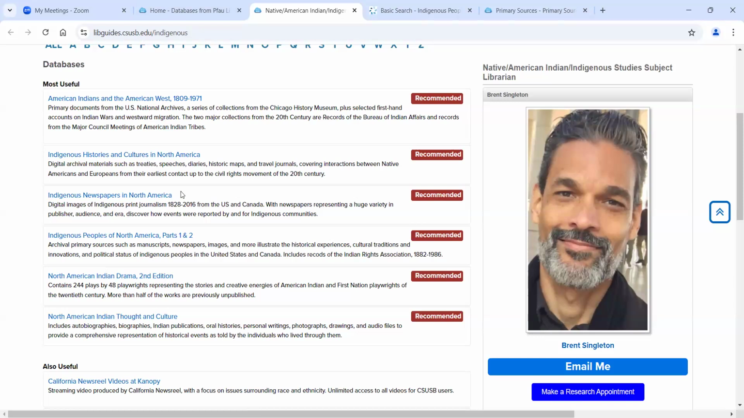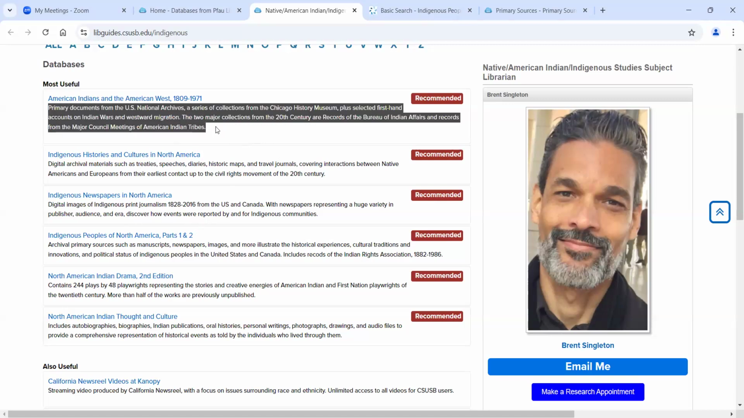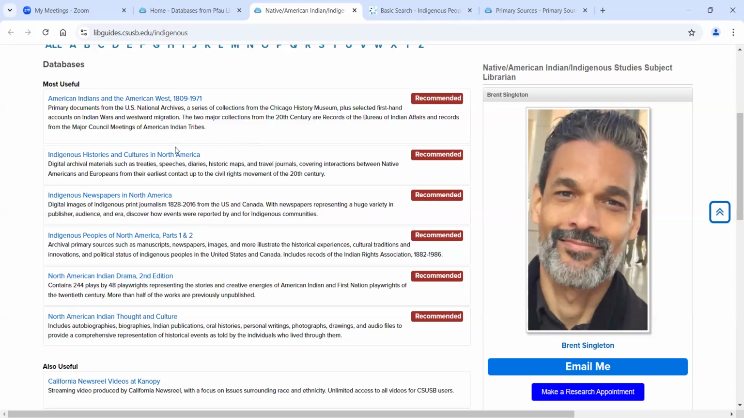They all have different content, right? So one streaming service might have a movie and another one doesn't. Same thing here. Even though these are all primary resources for Indigenous communities, they're all covering different things. They have different documents, different kinds of things in them, right? So I always encourage people to read the little summaries here for each database so that they know exactly what's covered in there. So for example, this first one here, American Indians in the American West from 1908 to 1971,